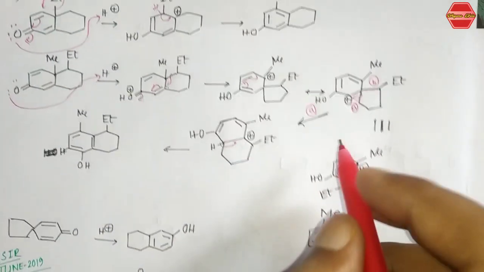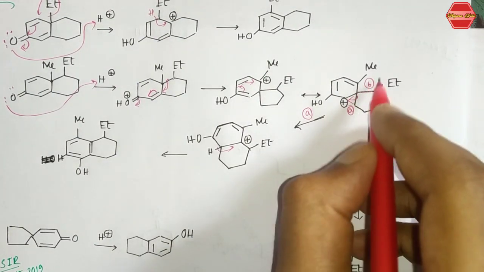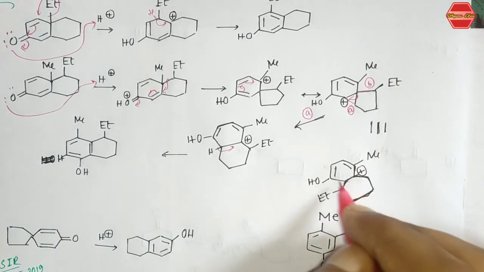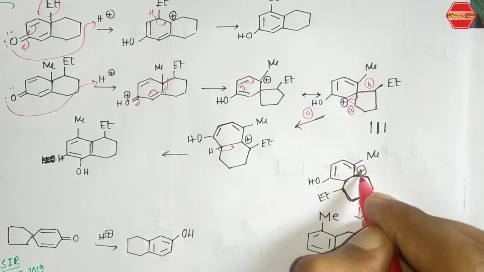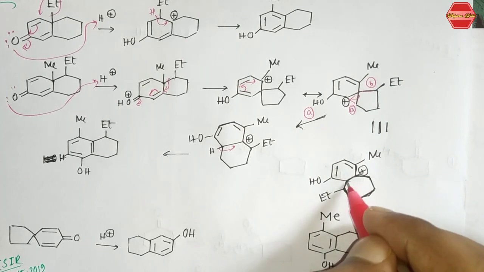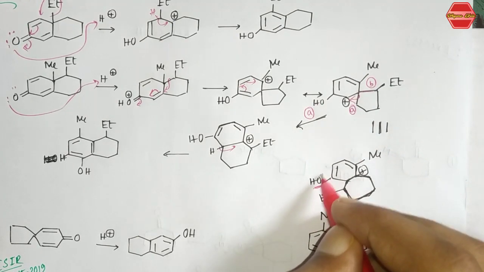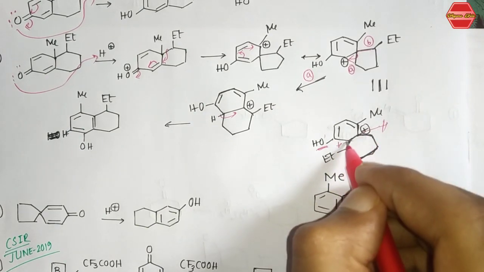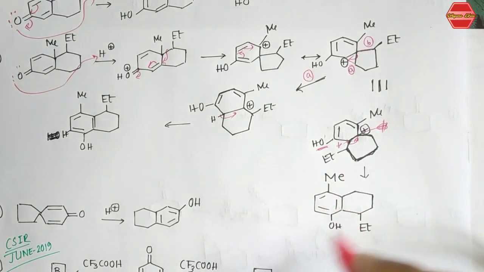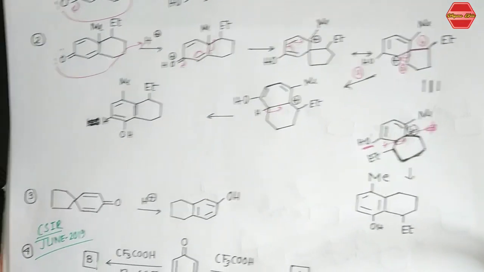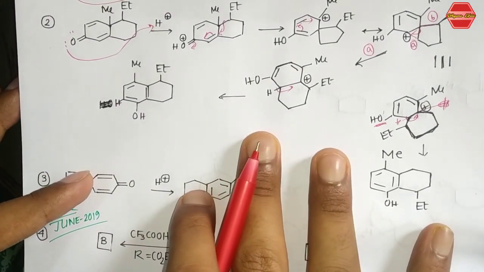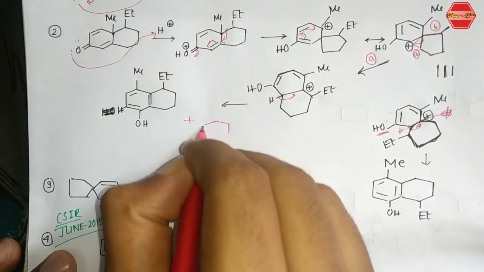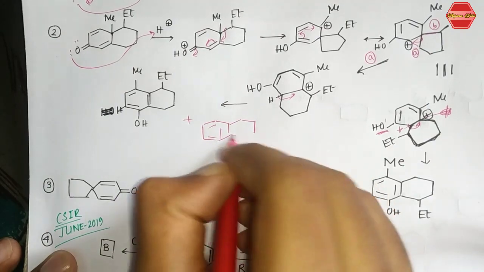The next possibility is that the B bond breaks and migrates over this positive center. If the B bond migrates, then there is a positive charge over here, and the methyl groups are closest to this OH group, right? Now, after removal of the proton from here, you get this kind of phenol derivative, right? Now next, this is very important, that is why there is a formation of two products. Okay, this one, and I'm writing over here this one, right?